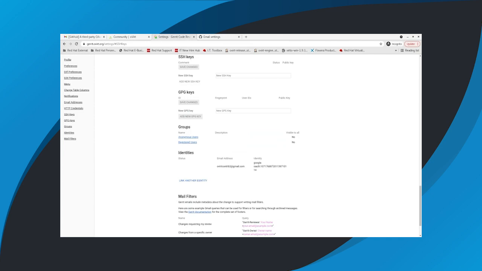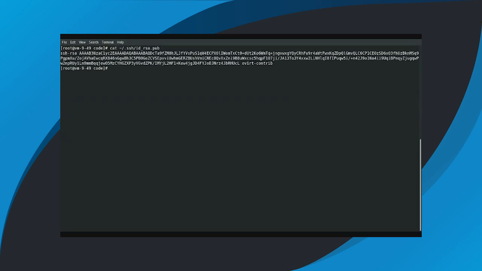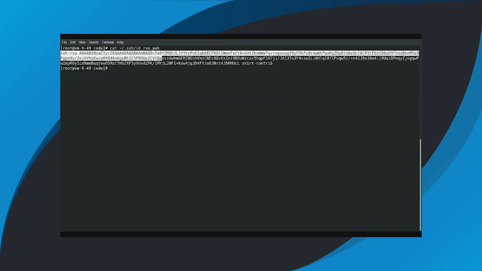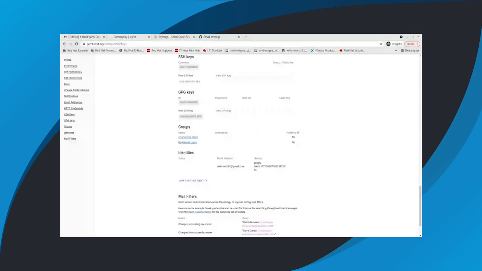Okay. So we'll now add an SSH key. For that, you will normally need to get your SSH key from your server, from your computer. Okay. So let's do this as well. In this case, I'm going to my test machine, and we'll get our SSH key. So normally, we'll need the public key, of course, not the private key, but your public key. So let's copy it and go back into our